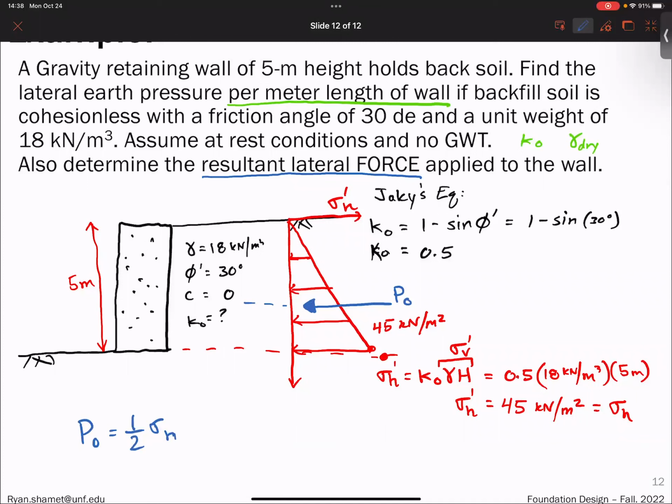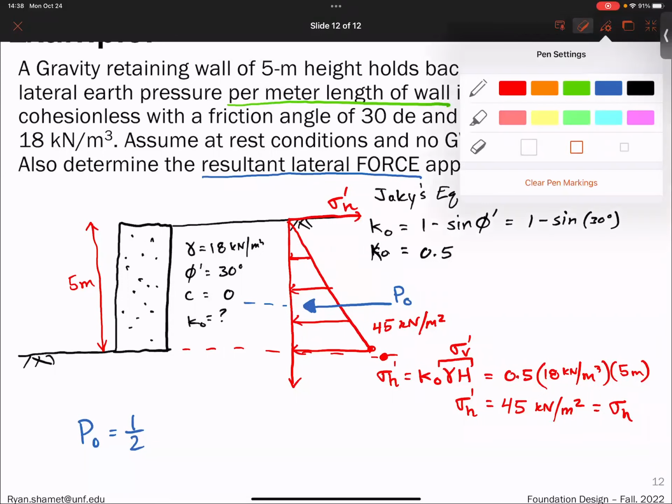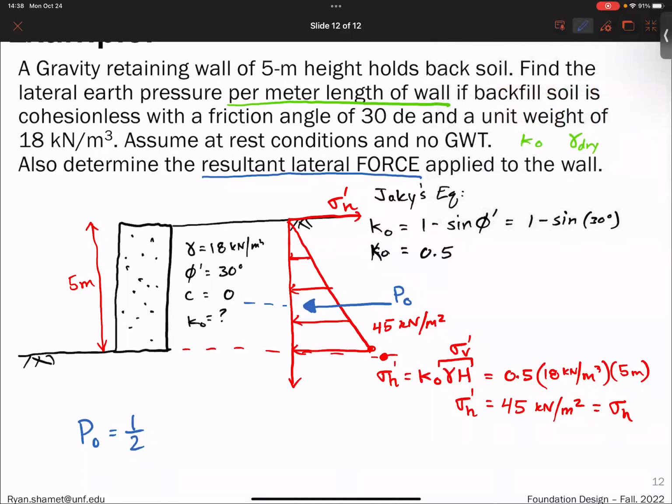Force. So the different equations, I'll just write both of them here. This is sigma vertical times H squared. The other way of showing this is one half sigma